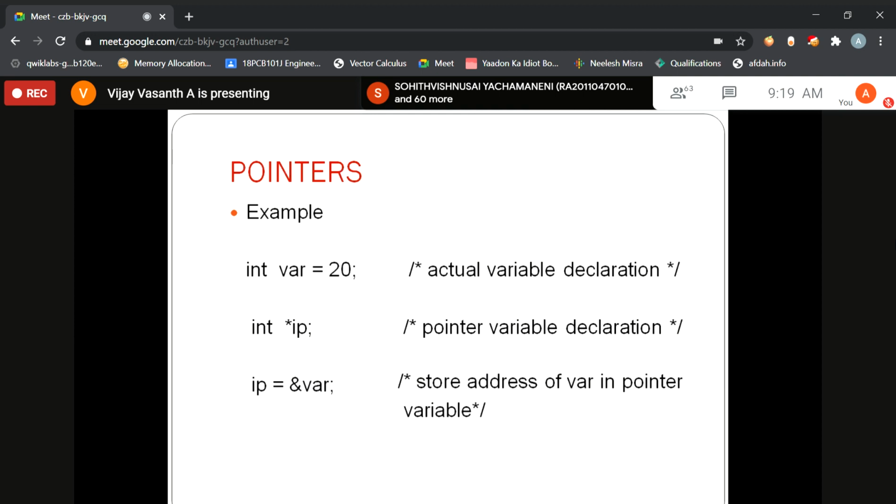Likewise, go to the second line, int unary operator star IP. If you cut the star there, what will happen? Then it becomes a common normal declaration, int IP. You may ask, sir, whether we have to use only IP for all pointer variables? No, you can simply use P also. So the unary operator followed by P declares the pointer variable.